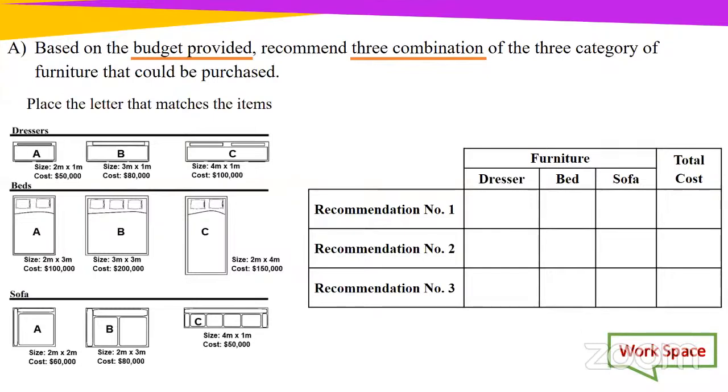So now I want you to put in the chat quickly, or you can unmute your mic, depending on what you decide to do. You're now going to give me some recommendations. Remember that our budget is $300,000 and we're working with dresser, bed, and sofa. So you're going to be giving me the suggestion. I will take from a student recommendation 1, recommendation 2, recommendation 3. So go ahead, raise your hands. After looking at all of the furniture, let's see which combinations we would go with.